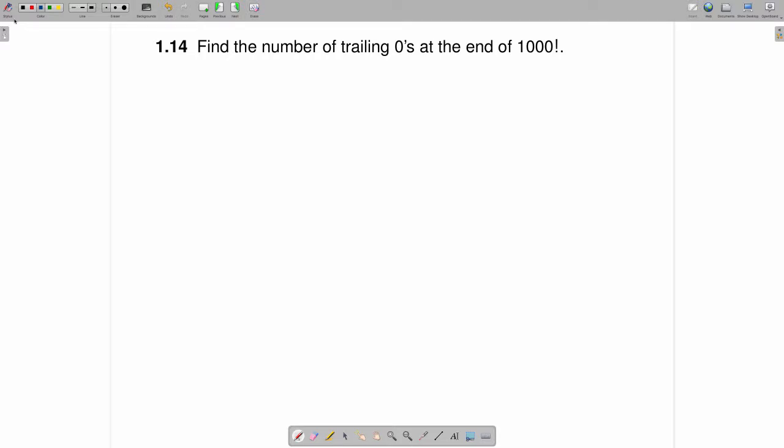Find the number of trailing zeros at the end of 1,000 factorial. Let's start out by writing out 1,000 factorial. 1,000 factorial is